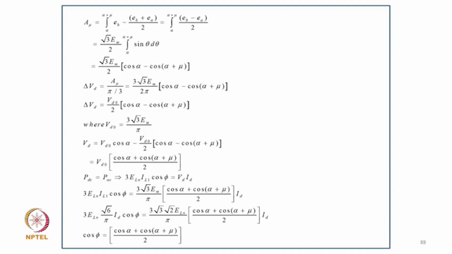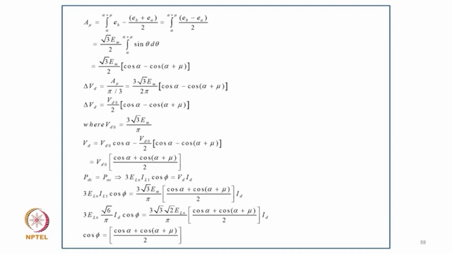alpha minus alpha plus mu, and delta Vd equal to Vd0 in bracket cos alpha minus cos alpha plus mu, where Vd0 equal to root 3 Vm upon pi, and Vd equal to Vd0 cos alpha minus Vd0 by 2 cos alpha minus cos alpha plus mu, and equal to Vd0 cos alpha plus cos alpha plus mu by 2, and PD is equal to PAC, and 3 Vs IL1 cos phi equal to Vd Id, and 3 Vs